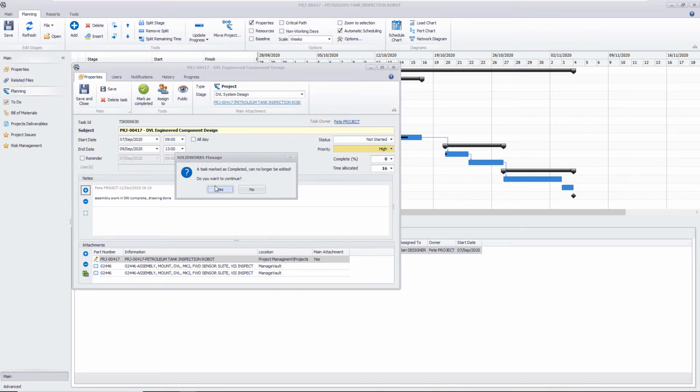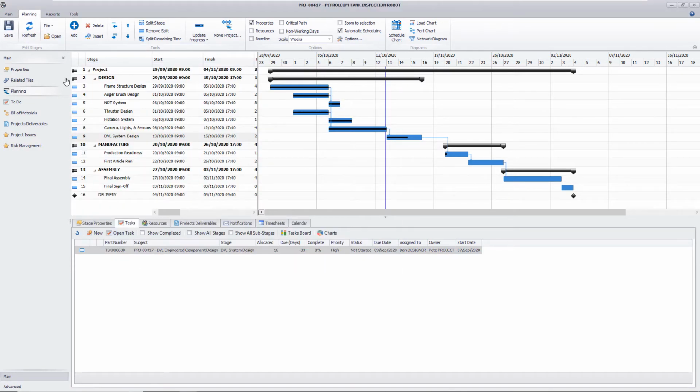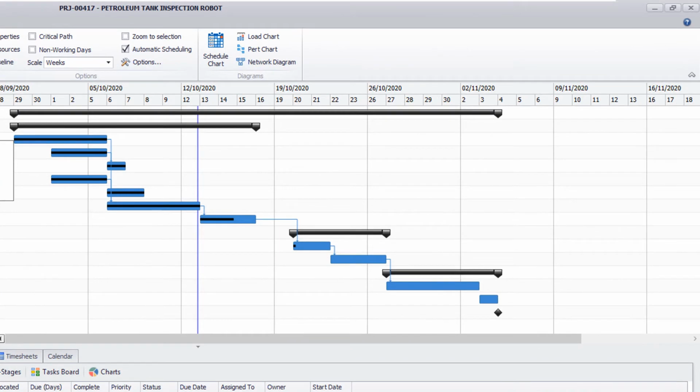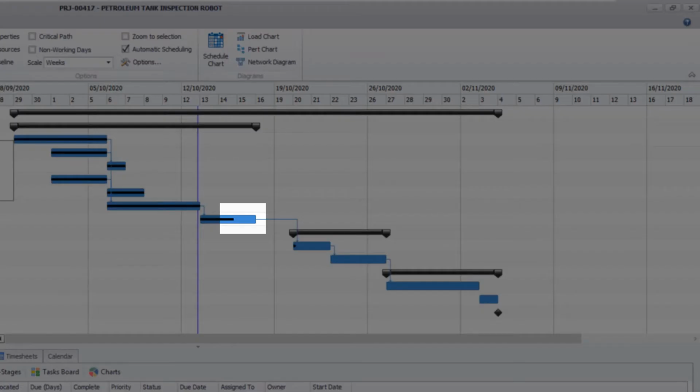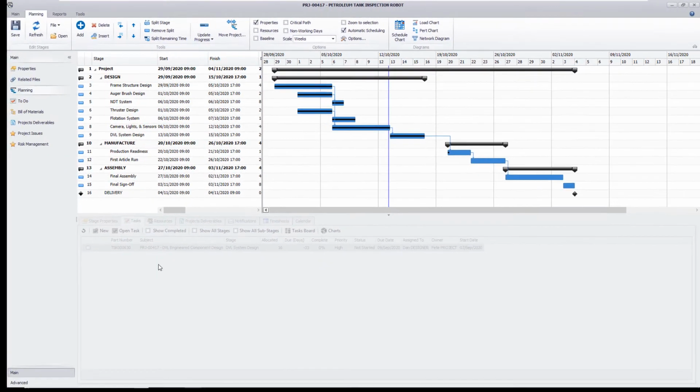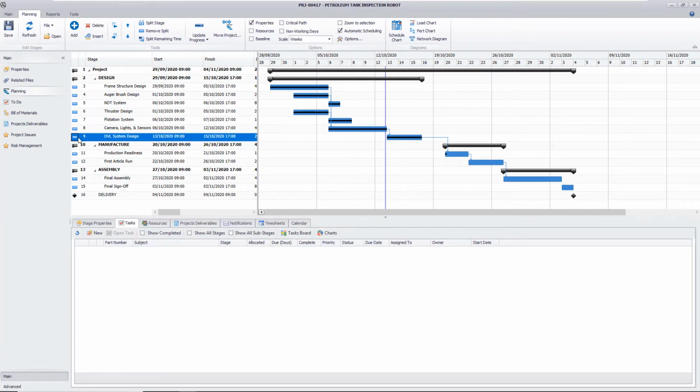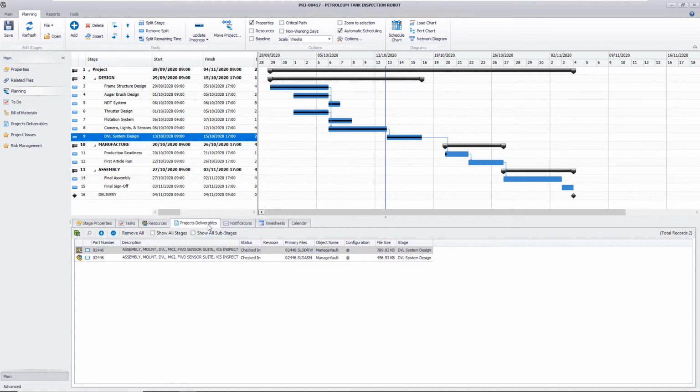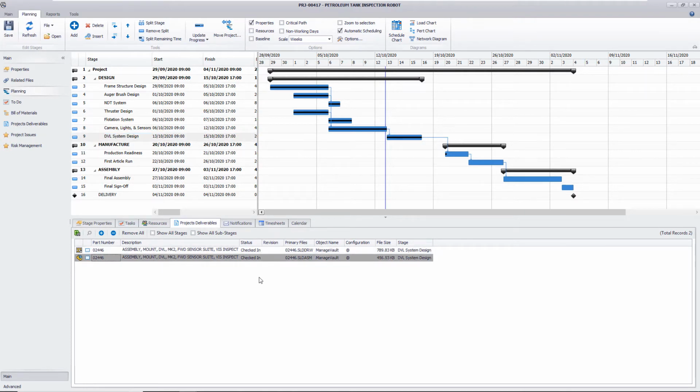Prior to 2021, updating project progress when tasks were completed was a manual task typically performed by the project manager. In 2021, there's a new background service that is scheduled to automatically update the project progress when the users are updating or completing their tasks. When the project manager opens the project, the progress will always be up to date. The new background service automatically includes task attachments such as these CAD files as project deliverables, saving even more time.